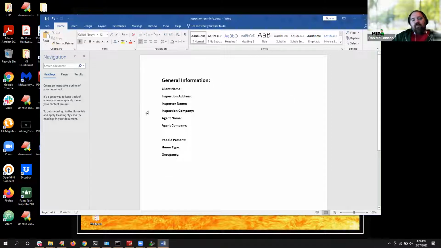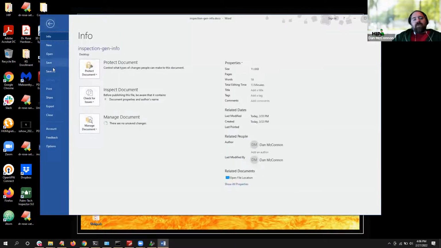So for my basic information document, I just created a Word document that has the labels that are going to appear on the actual page. Now, this is a Word document, and Home Inspector Pro only is able to look at PDFs. So if you are creating a document in Word, such as a letter or a form or something like that, you would need to go and actually either save as,